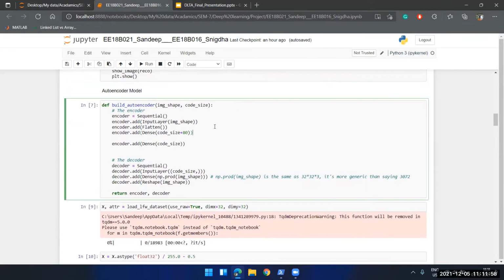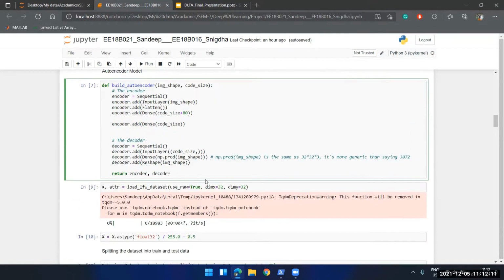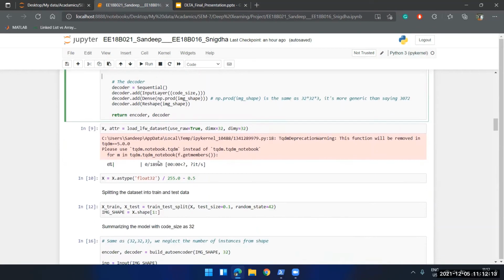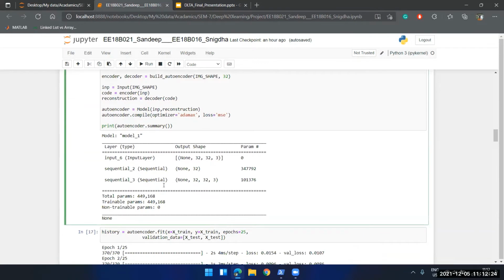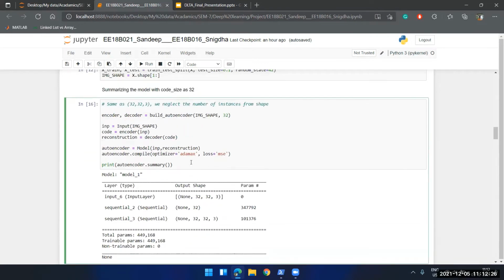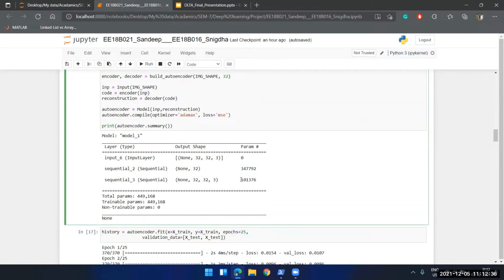So this is the autoencoder model, which consists of the encoder model and the decoder part. And in between, this is the main process in which the compression and reconstruction goes on. After we initialize the dataset and split it, this is the function for the summarization. For the first case of the model, we have considered 32 cross 32 cross 3 as the output encoded image from the input image, and these are all the parameters that will be used in this function.